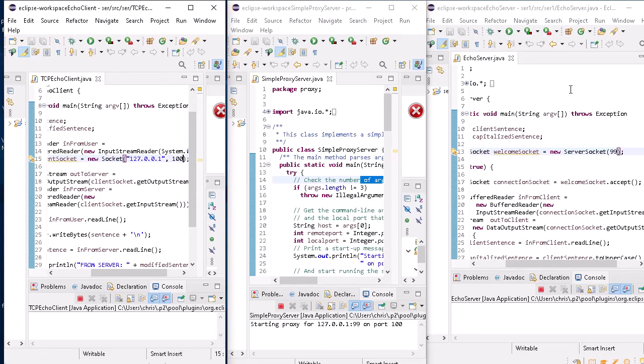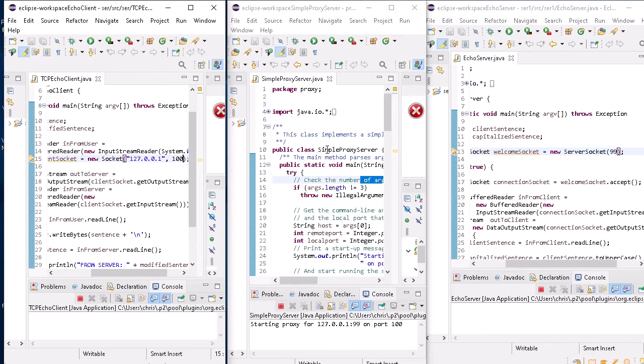What the echo server is going to do, if you have a look at its specification, it's a program I've shown you before, a program that we've analysed in some detail as part of our work on threads and internet programming, is simply echo the message received on its port 99 back to the